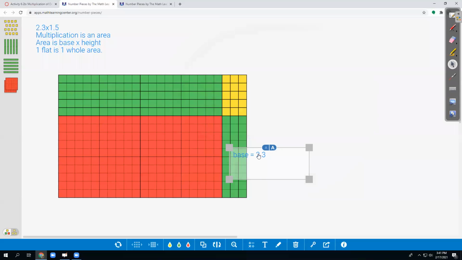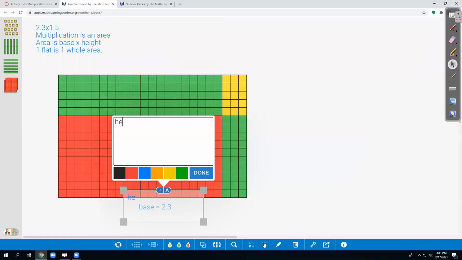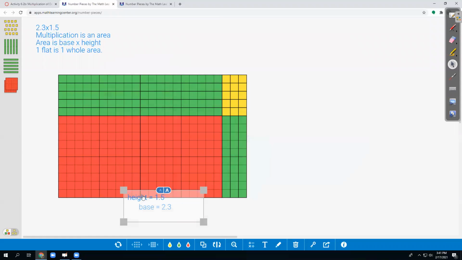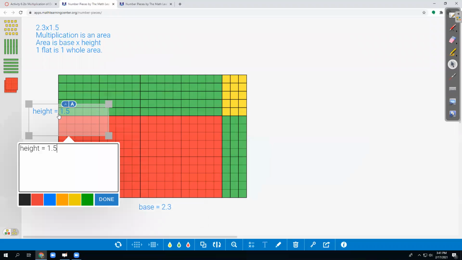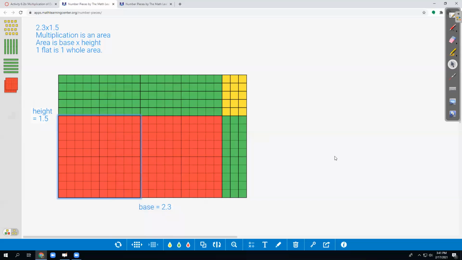2.3, that label in, and I'll put a height label too. All right, so there's my labels for the base and the height. Then somehow I got to pull the answer out of this, and there's lots of ways to go about doing that. One complicated thing about doing it on the screen here is, I go back to my notebook,